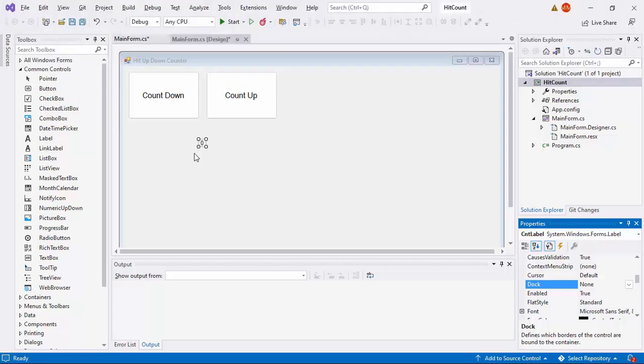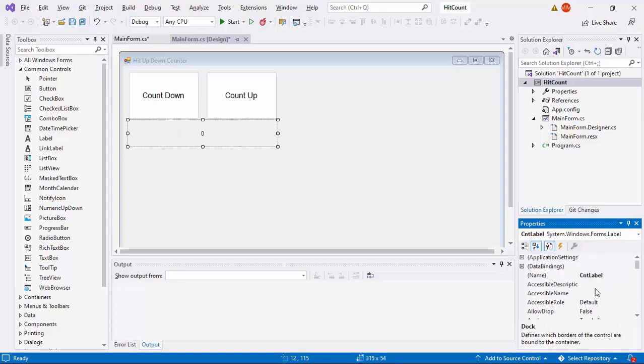Okay, so since auto size now is disabled, we can resize this. Then, of course, the font size, let's make it, what about 16?